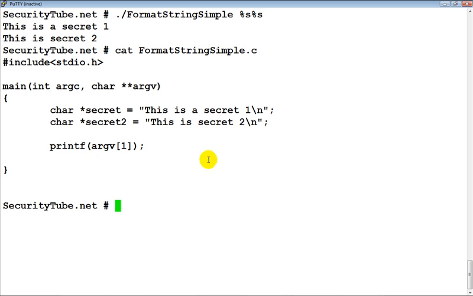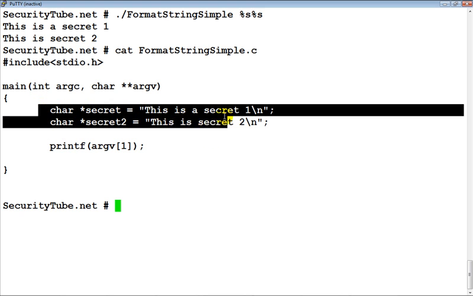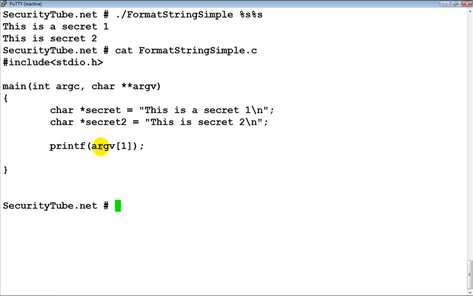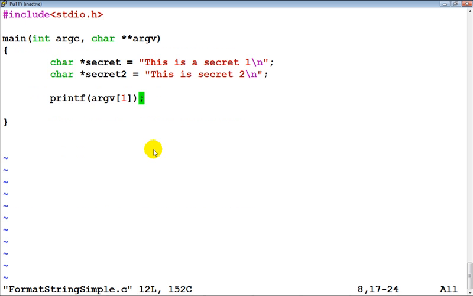Now in the last video, we saw how it is possible to leak information from a program using a format string vulnerability. In this video, we will take an in-depth look at why it is really possible to exploit format string vulnerabilities. So let's open up the previous program which we had written, format string simple.c, and